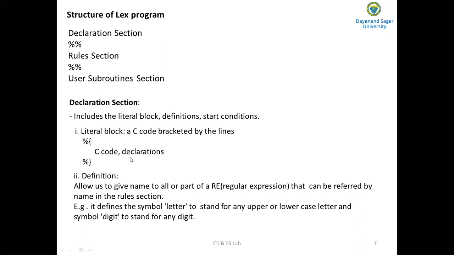Inside this we have the C code declarations and so on. We can add C variable declarations, and it also includes C language include statements, hash include statements.